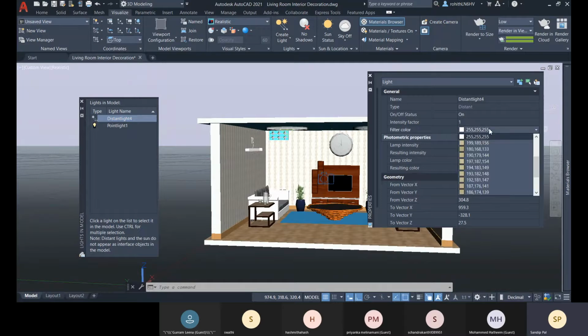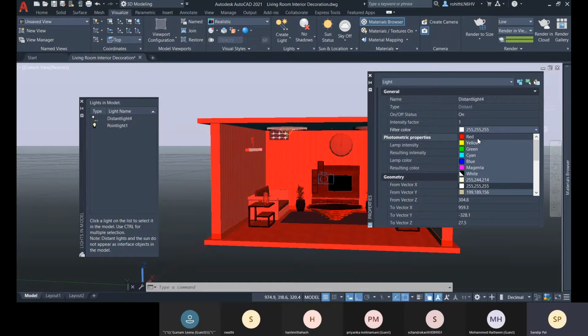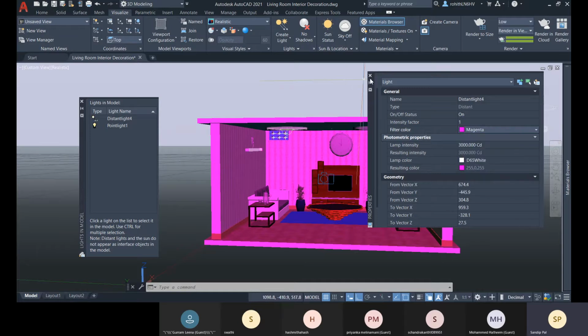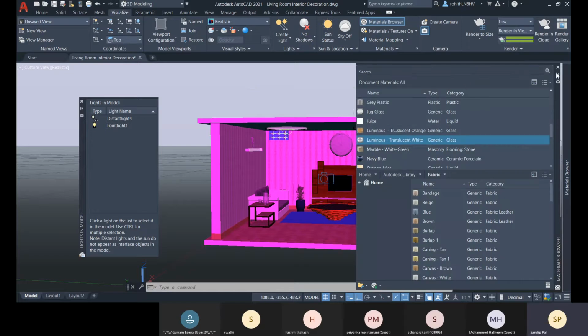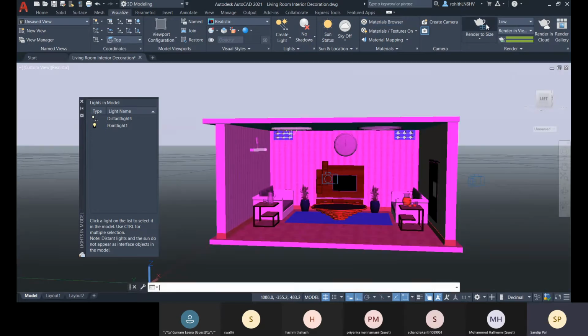Let me change the filter color there. So can you see that we are getting this? Let me go with that, and let me just render this.